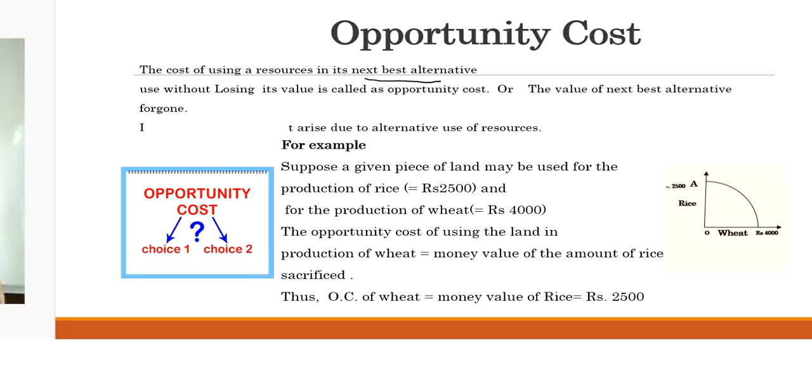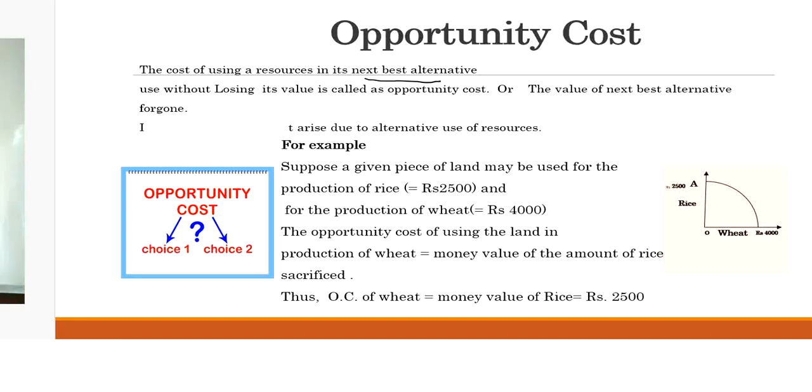It arises because resources are limited and they have alternative uses. If any resource does not have any alternative use, its opportunity cost will not be generated. For example, for those who are using specs like me, there is only one use. There is no alternative use of this spec. So no opportunity cost will be generated. Opportunity cost is generated only in those cases where resources have multiple uses.